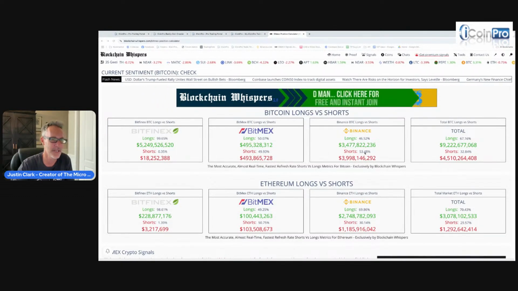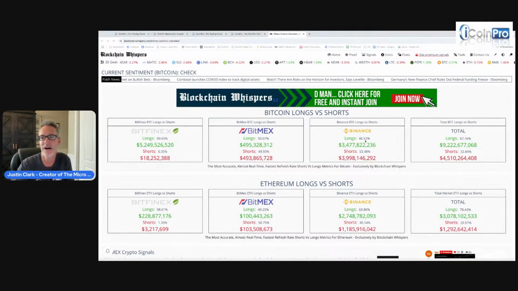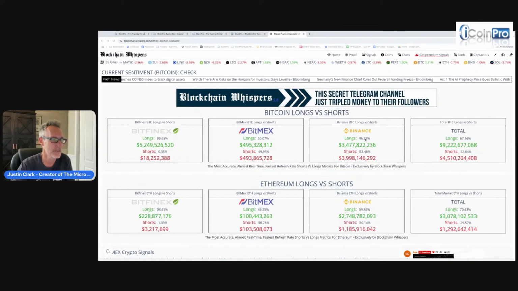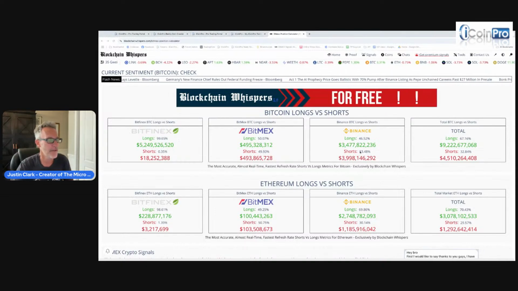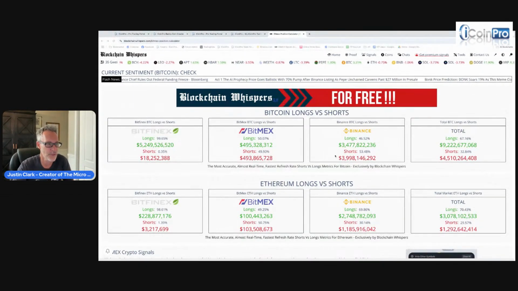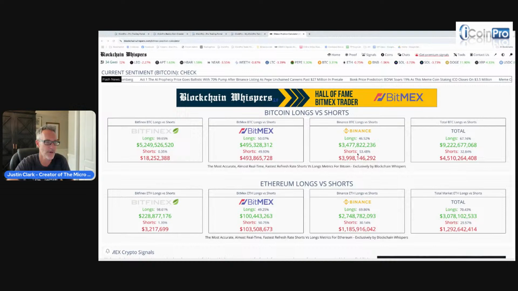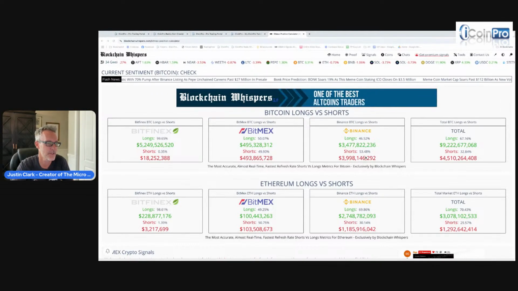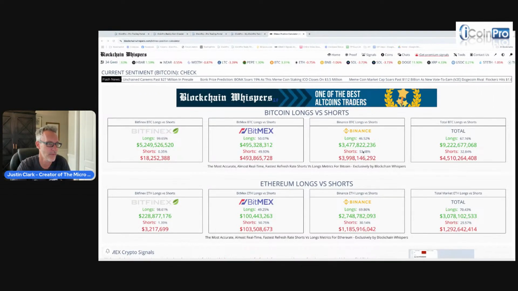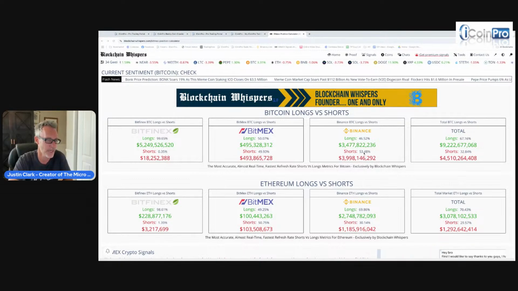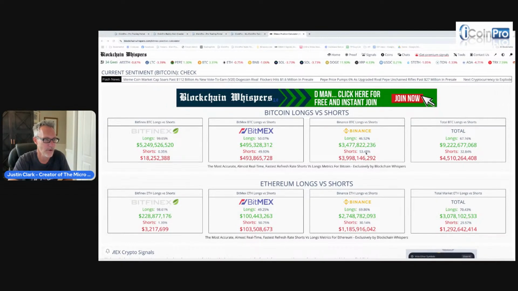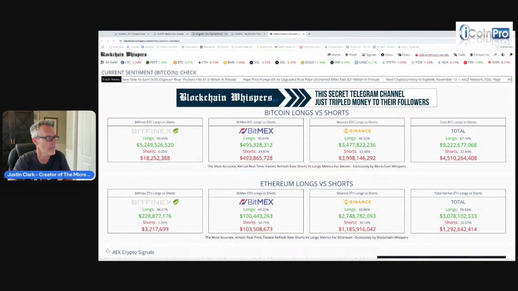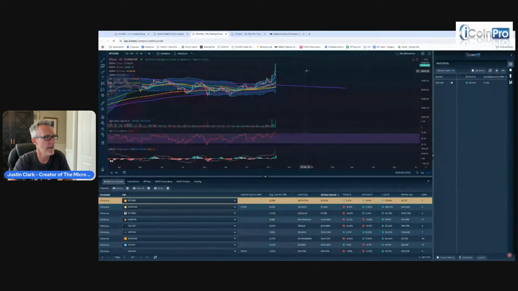But these are pretty much even right now. We've got 53% of people betting on the shorts, and longs, people betting it's going up, are 46%. So we kind of hit an even area. I thought we might set up for what's called a short squeeze, which could be a dramatic pump in price. But this actually eased off. So some of the shorters got liquidated. But we're not in a danger zone until either of these go over 70%. Okay, so we're just going to have to see what happens here.